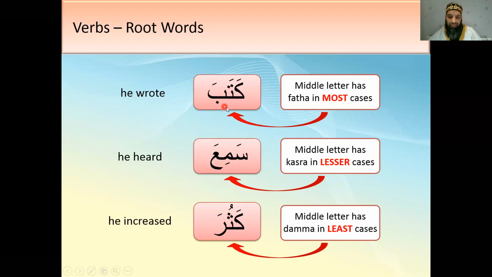So one thing that is common with all these root words is the vowel on the first letter. It's got a fatha, a zabar, on the first letter, all of them. The last letter also has a fatha, a zabar. So two things in common: the first letter and the last letter both have a fatha, both have a zabar on them. The only difference is